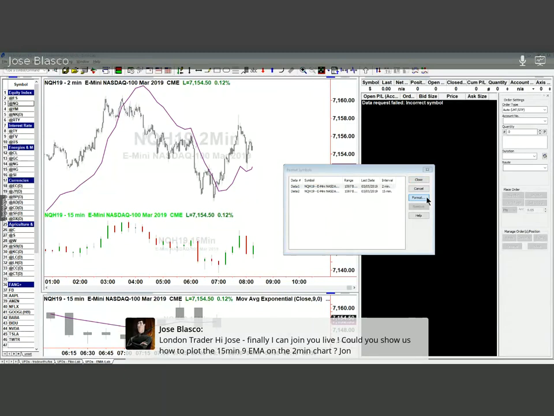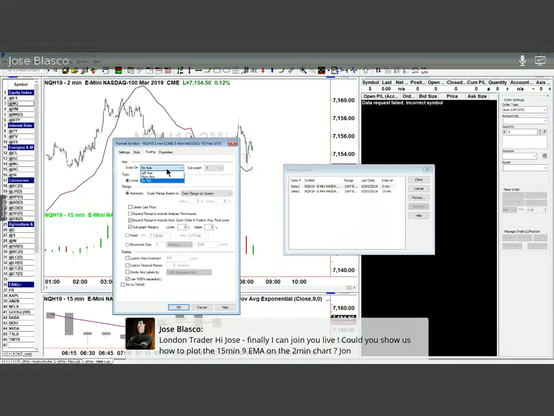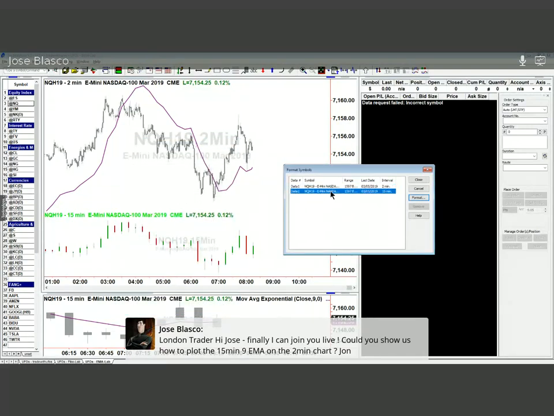So format data number 1. Let's make it scaling right axis. Okay, it needs to scale to right axis, so the moving average and the candles are in the same scale. So the average falls where it needs to be, which is what, for whatever reason, is not happening on my screen.